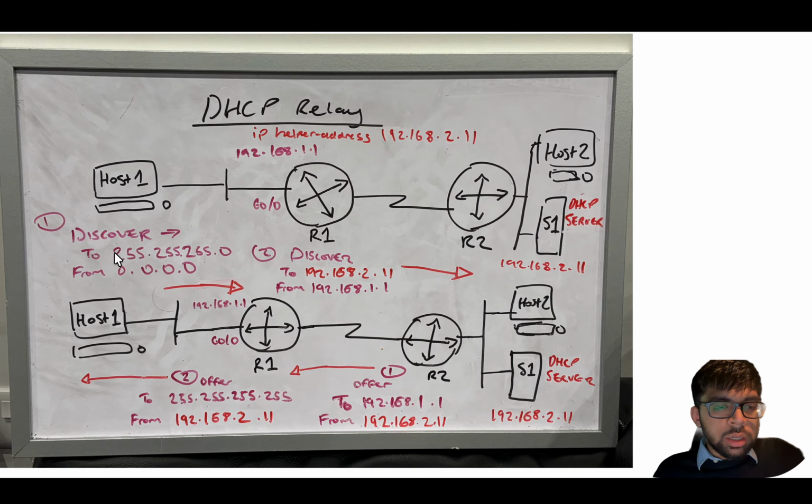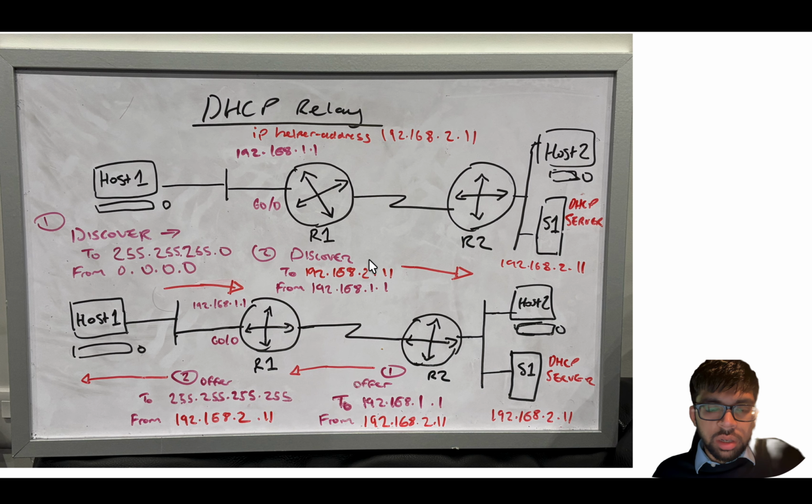And it sends a discover message out to 255.255.255.255, right? So it sends a discover message out. That discover message now goes to router 1. Okay, it can see now that, right, okay, this basically helps host 1 out, because router 1 will enable that connection to the DHCP server, and so now it's going to be sending